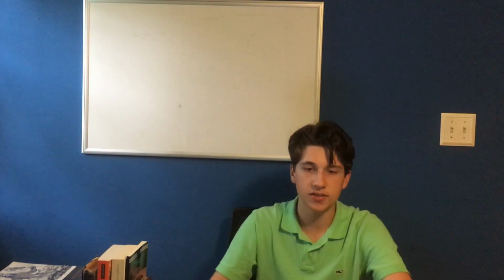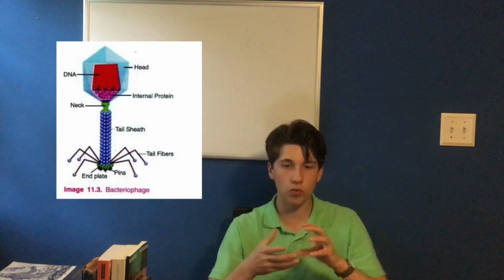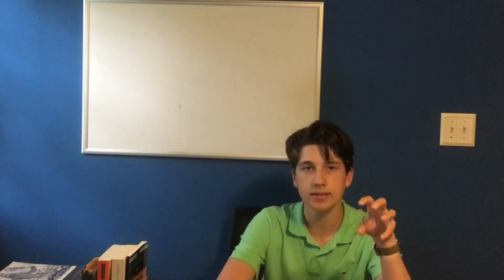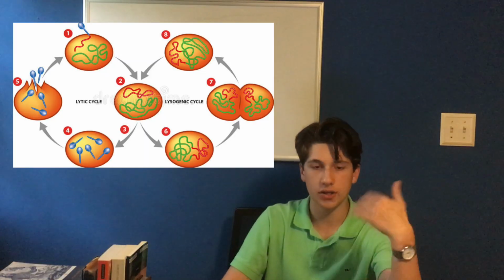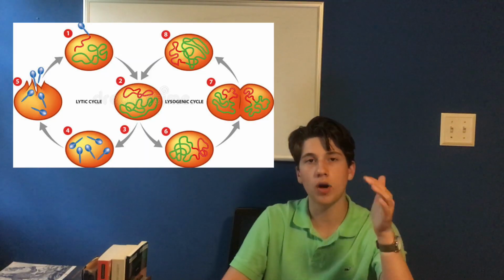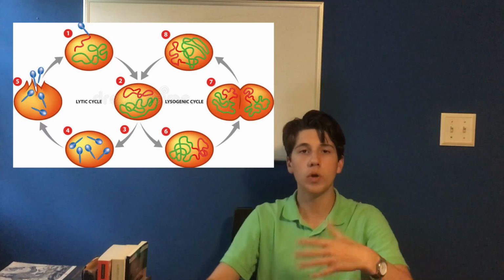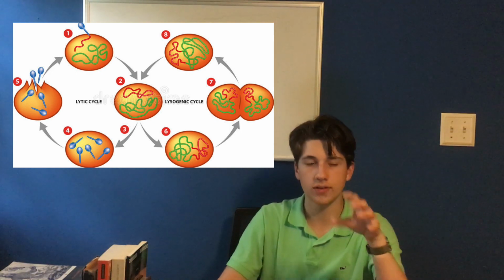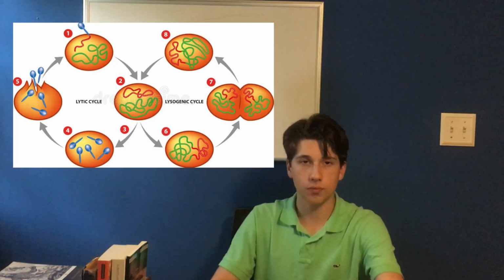Let's touch on viruses and bacteria. So a virus is a non-cellular structure that is covered in a protein, and then it infects and reproduces in two ways: the lytic and lysogenic cycle. So the lytic cycle involves a virus penetrating a cell, and then it infects it by entering it. Then, in a process called biosynthesis, the virus uses the cell's reproduction mechanisms to reproduce those viral proteins. And so once they have enough viral proteins, in a process called maturation,